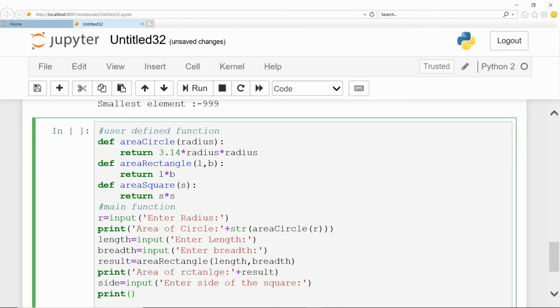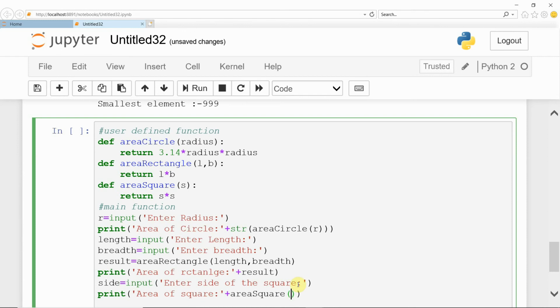Print area of square plus the function area_square.